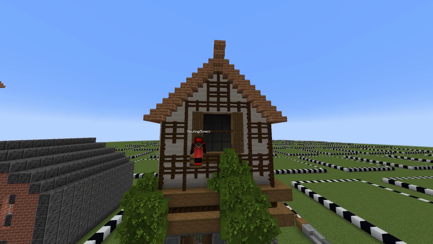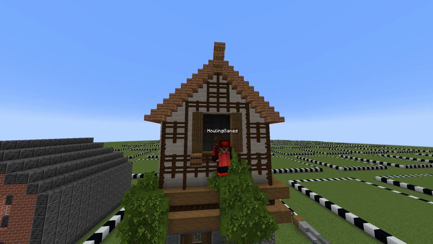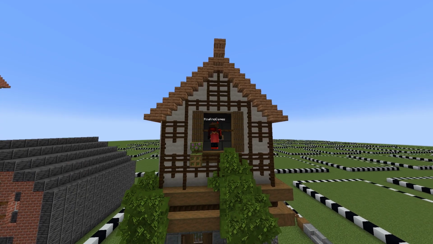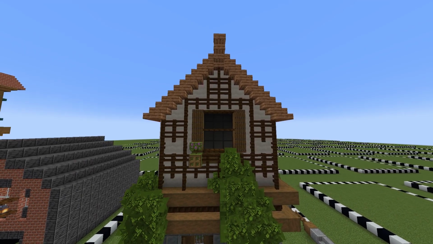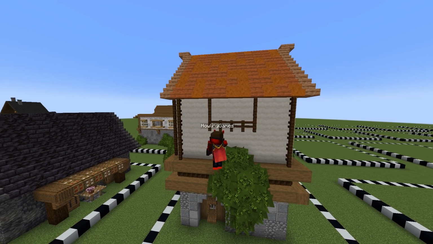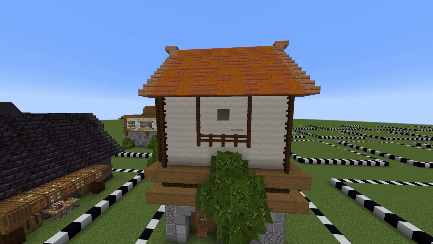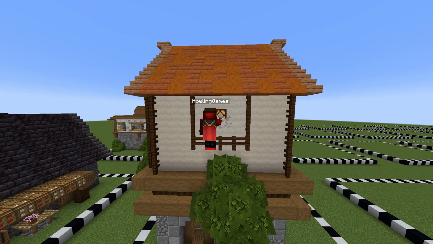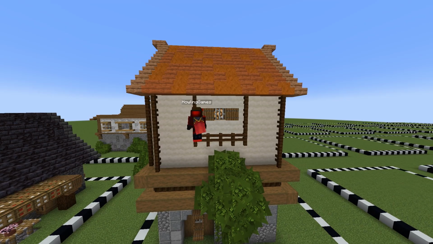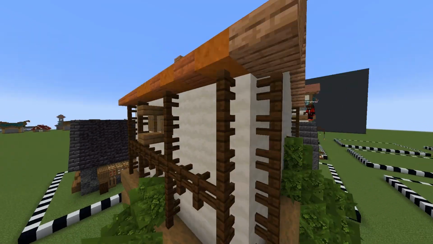And for this build, I'm copying the reference, or getting very heavily inspired by the reference, almost copying it. Not copying it, but trying to block for block reference it with my own little style in there. Like, the windows are not going to be exact, and not everything is going to be 100% accurate, but experimenting with that, but make it as close as possible to the actual photo reference, which can be really hard,